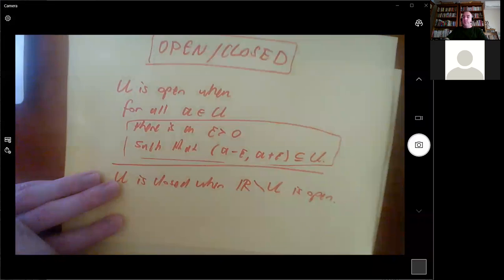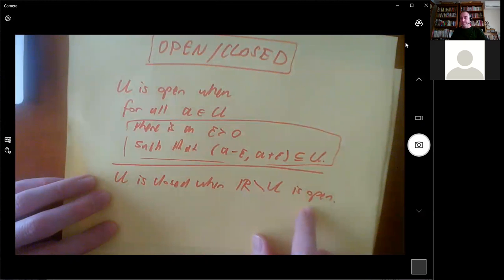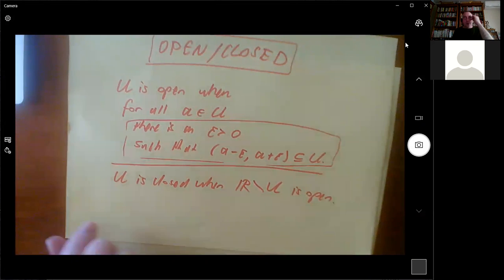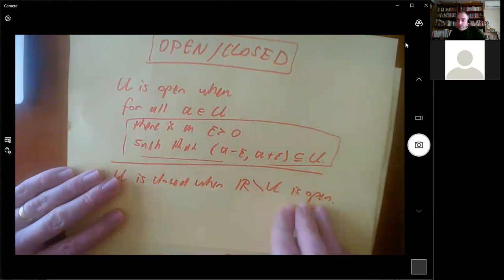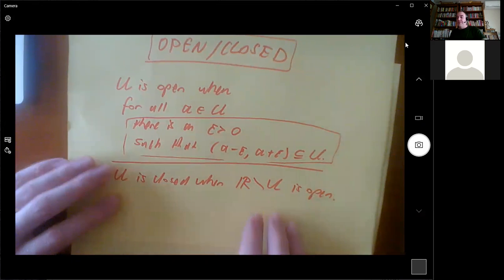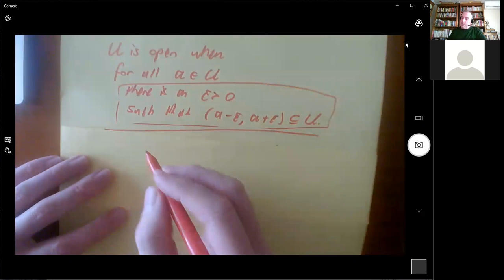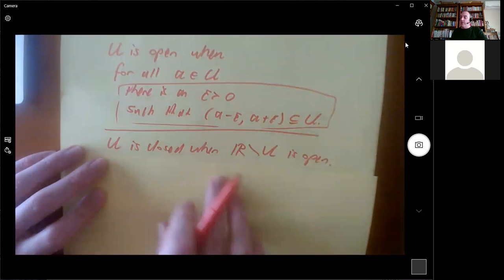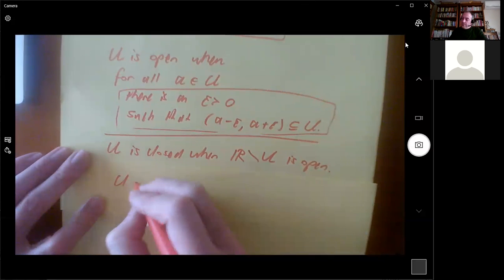No, it's all good. The definition of closed is when the outside of the interval is open. So to be not closed, that would be the outside of the interval is not open. I actually find this definition of closed really difficult to cope with, and it's much easier for me to have this definition of closed. So we know the definition of closed is when the outside of the set is open. So what that means,